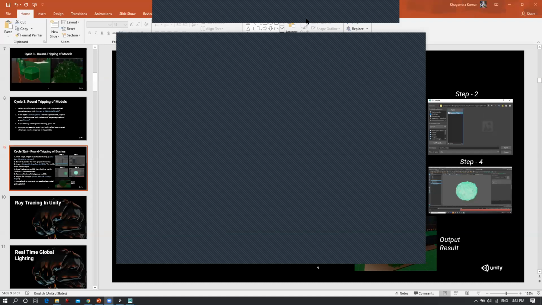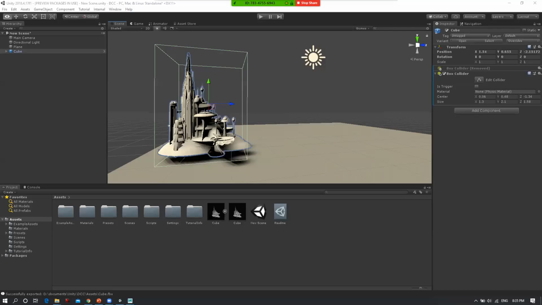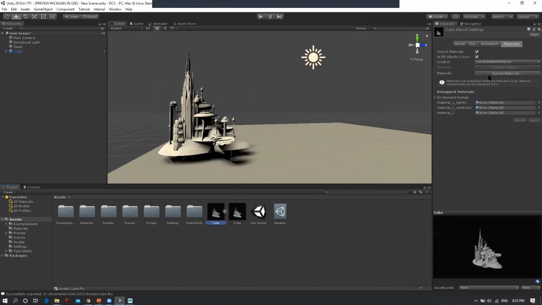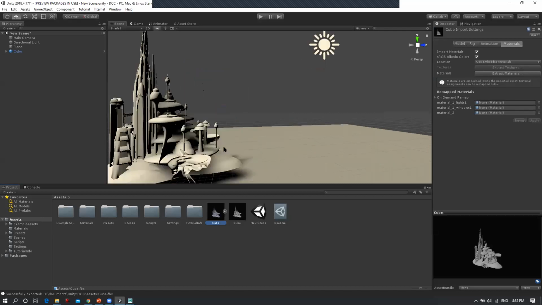How about the textures? Like about the textures and everything, can we export them too? Yes. If you look over here, right now it is saying your materials are not there, right? So I'm just going to use legacy and then apply. And I'm going to look again and see my materials are there now.